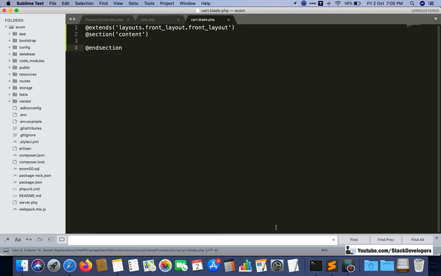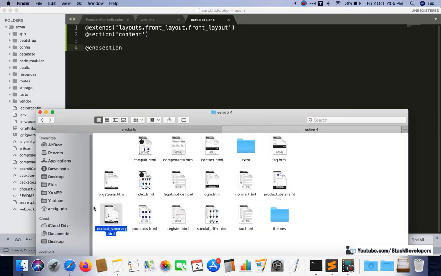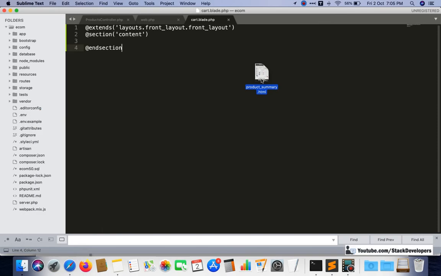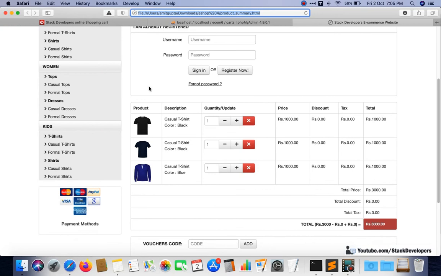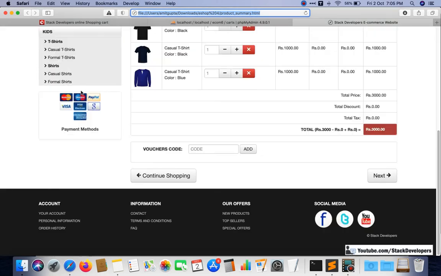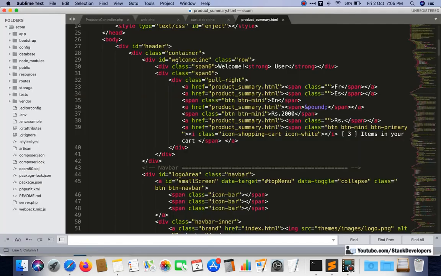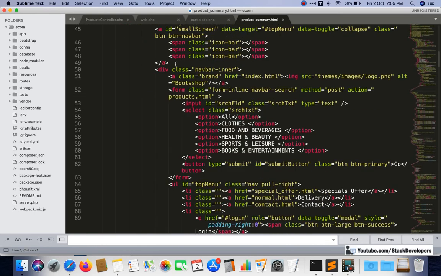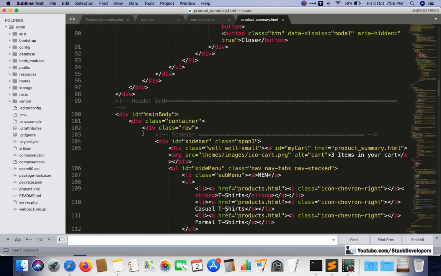Now I am going to copy its design from the template that we opened a few minutes back, and from here I am going to copy only this part. The header will come from the header file, the left sidebar will come from the left sidebar, and the bottom footer will come from the footer. Only the middle content I am going to copy. I will check, there must be some divs of span 9.